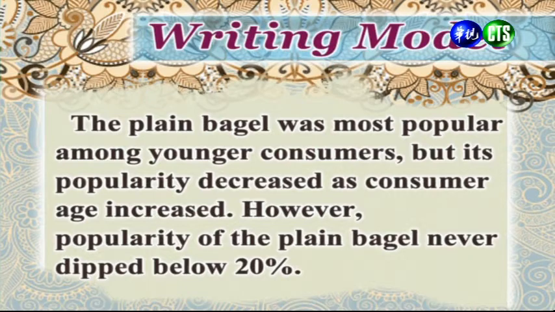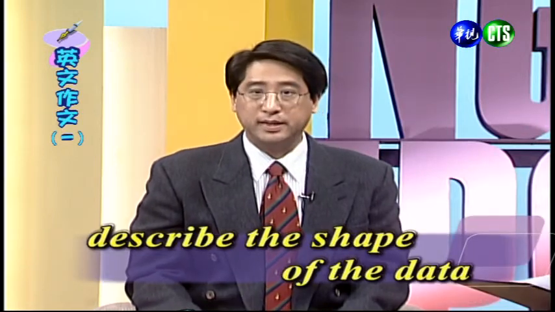So here's what we wrote about the plain bagel in the writing model. 好，各位同学现在在荧幕上看到的，也就是我们用来描述原味贝果的一个方法。It says the plain bagel was most popular among younger consumers, but its popularity decreased as consumer age increased. However, popularity of the plain bagel never dipped below 20%. 好，那这部分我们会发现，作者讲到说，原味贝果呢，在年轻的消费族群中非常受欢迎，但是呢，年龄层较高的消费者就比较没那么喜欢了。但不管怎么样，它始终是高于20%的。